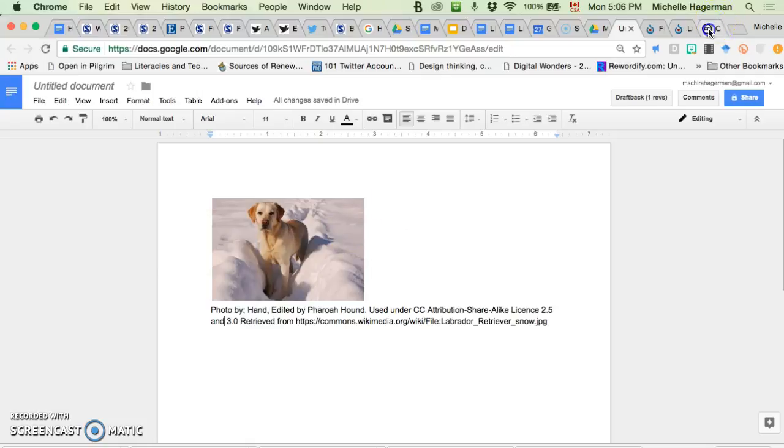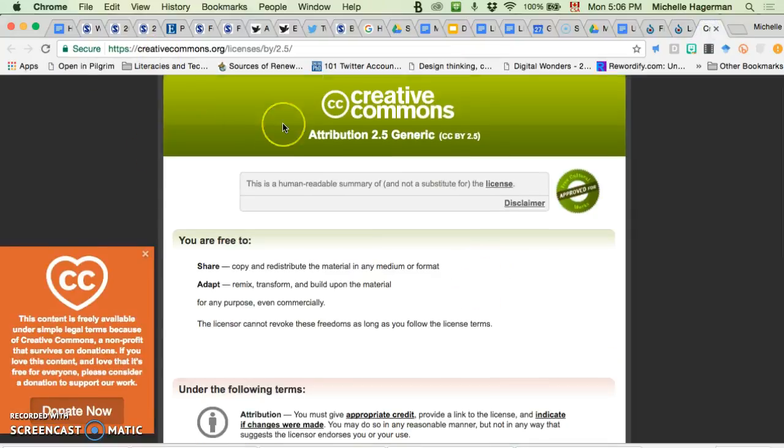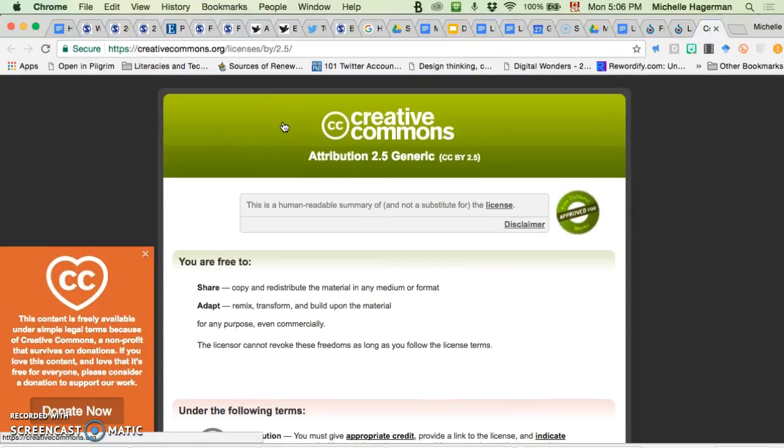I hope that this review of Creative Commons gives you some ideas about what you can do with your own work. For the record, we will be Creative Commons licensing our book. It will be, again, a share and adapt sort of remix, but share alike license. And certainly we're not going to permit any kind of financial gain to be made from the work that we do. But it's a really great idea now to familiarize yourself with what Creative Commons is and what it means so that you can decide how to use works and also how to create them.